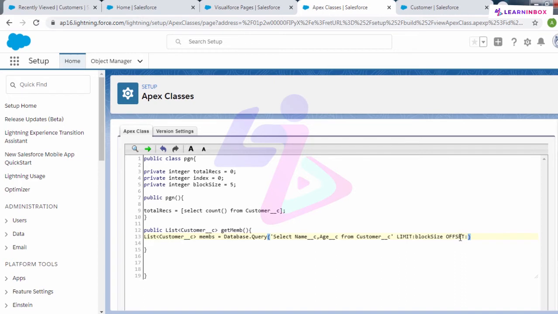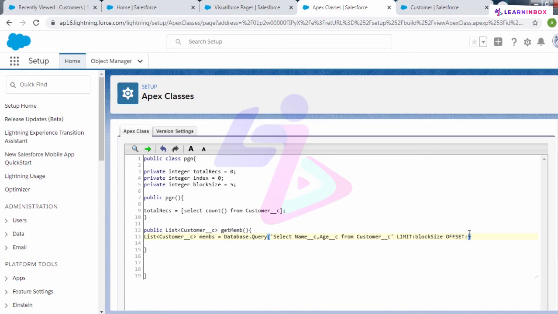If you don't use offset here, then on all the pages only the first 5 records will be visible. You can try it while writing this code: just omit this offset and see for yourself. Even if you click the next button, the first 5 records will be visible only, persistent on the screen.